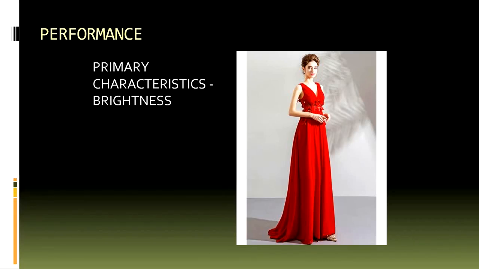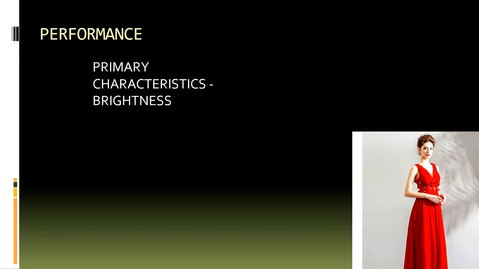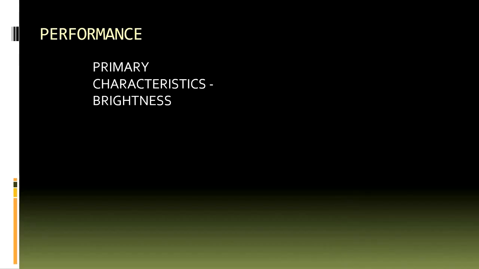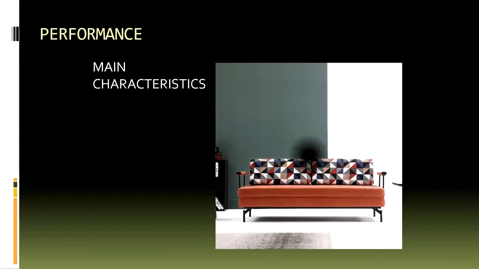The primary characteristics of a garment, okay. So the brightness, it attracts: brightness of the product or brightness of the picture also, you can see that it attracts you, like an advertisement or any other. So it also talks about the performance, how this product is performed. It is a bright product. So the main characteristic you see is the performance in that particular product, and that is the case of apparel.